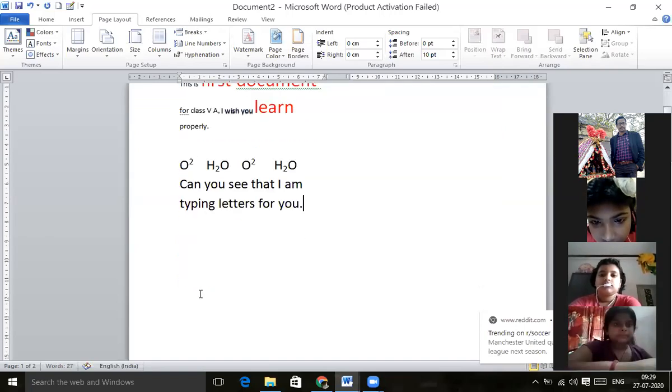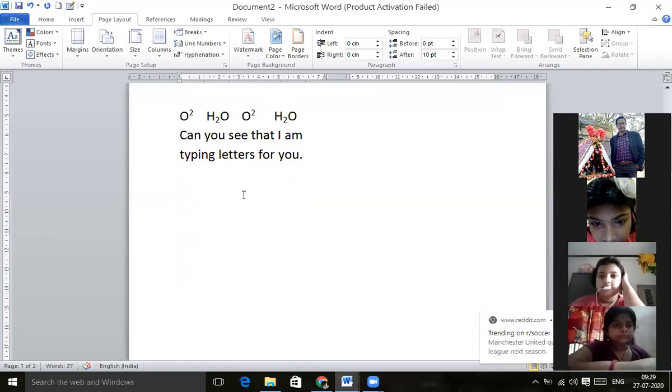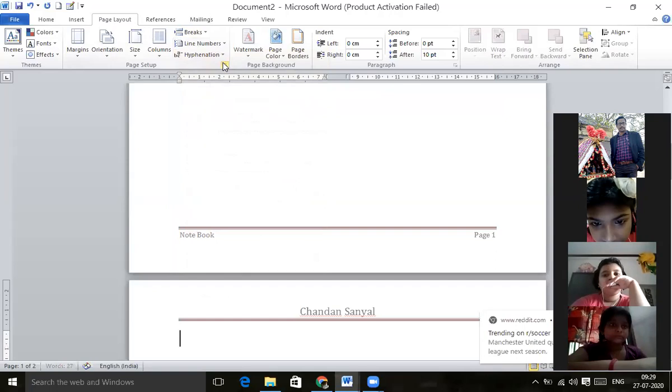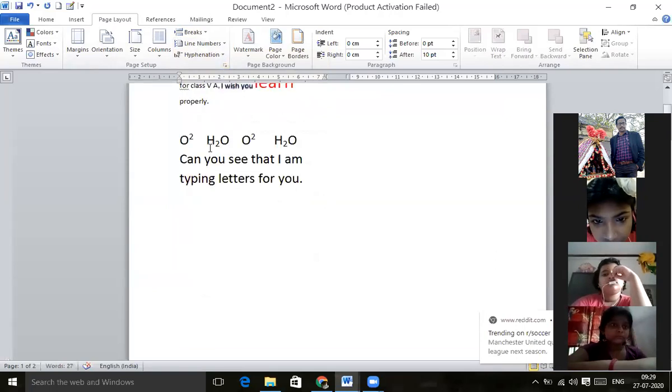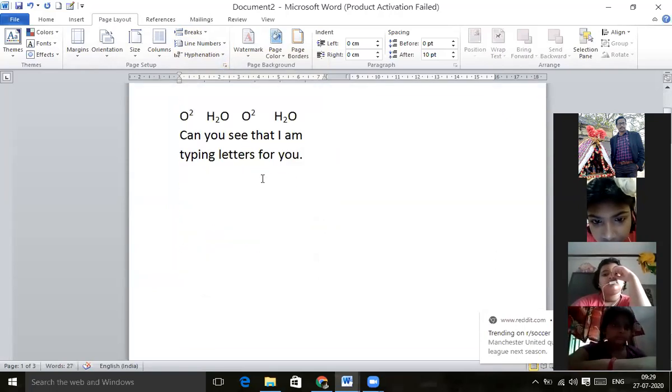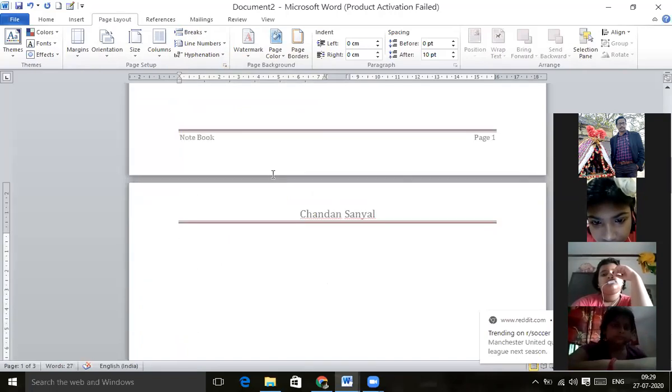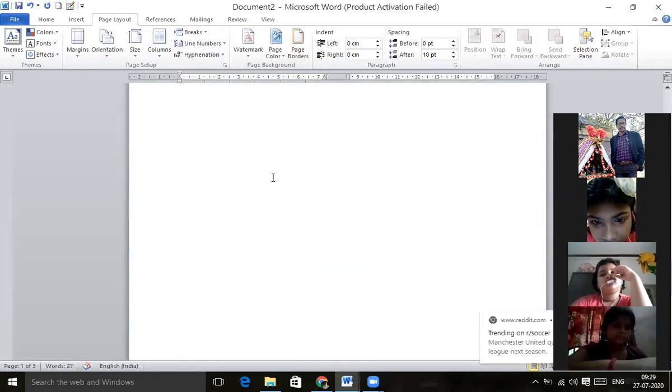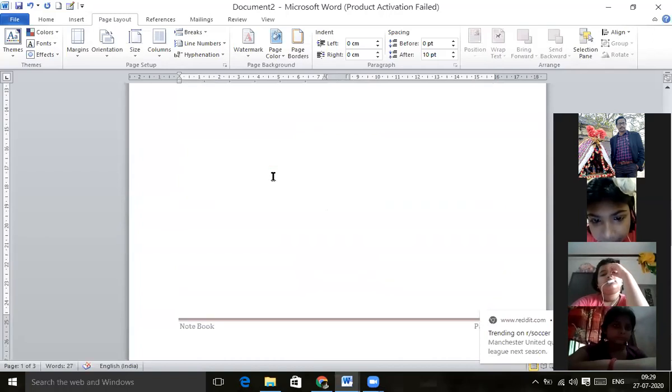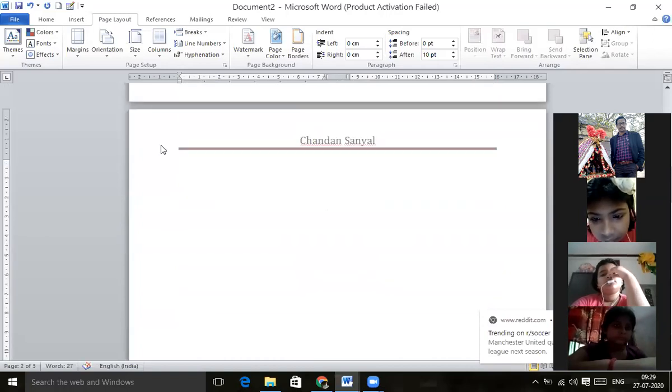Can you see? Immediately if I break the page, it goes to the next page. Look at this. As soon as I give the page break, my cursor will appear on the next page. Is it clear? Yes, sir. It's called page break.